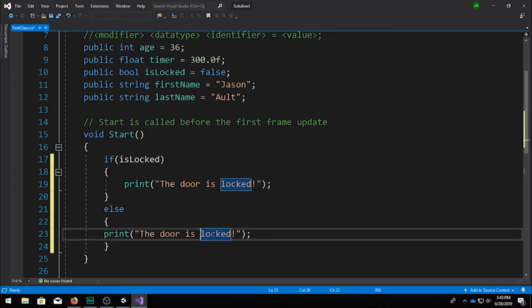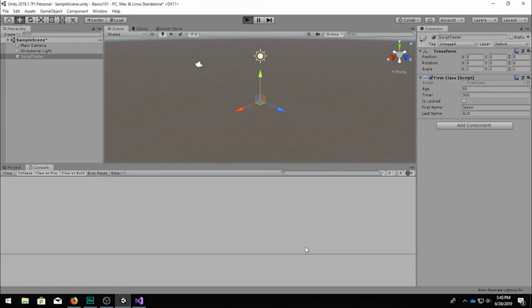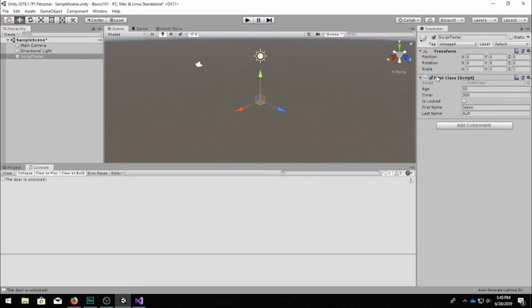The door is unlocked. Okay, save that. We'll come back. Currently, the door is not locked. So if we hit play, the door is unlocked. Yep, that's true. The door is unlocked. And if I check it,